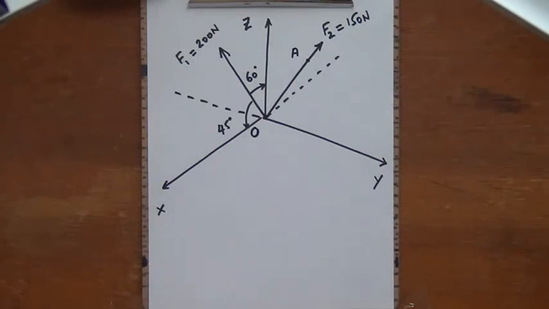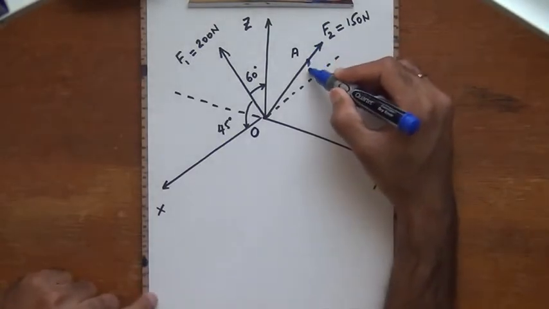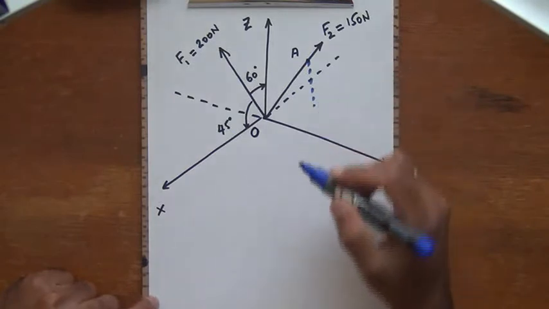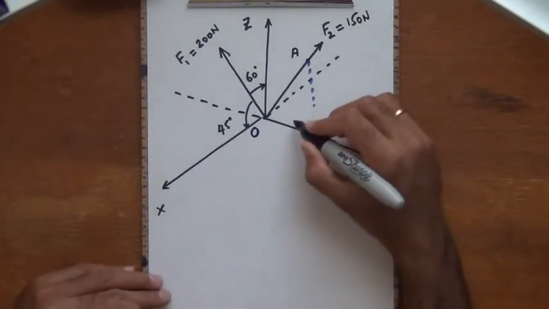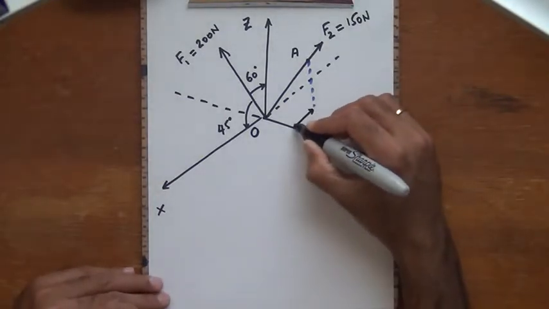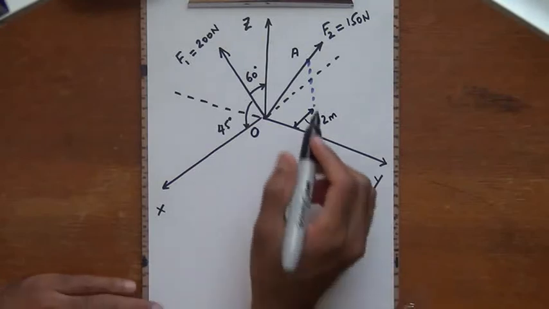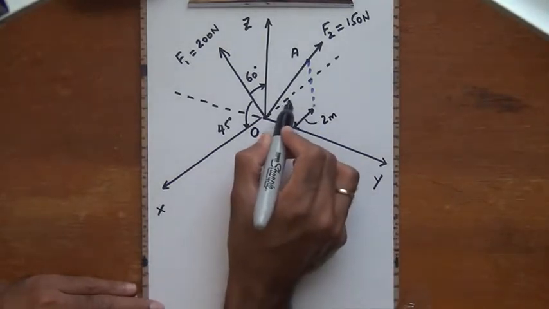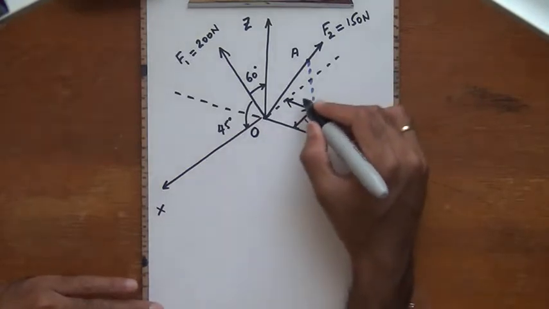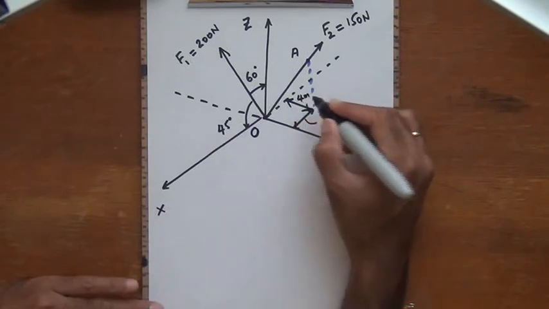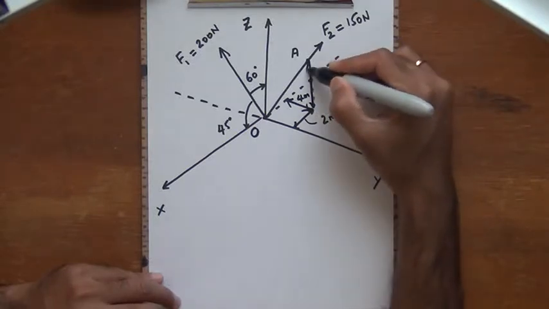So I'm going to drop down a perpendicular from the point A onto the XY plane, as you will see very soon. So I'm dropping down a perpendicular right there, and then I'm given three dimensions. The first dimension is a distance of 2 meters along the negative x-axis. So this is 2 meters. Then a distance of 4 meters along the positive y direction. This is 4 meters. I'm going to sneak that in here. And then a height, which I'm going to draw here. This height is also